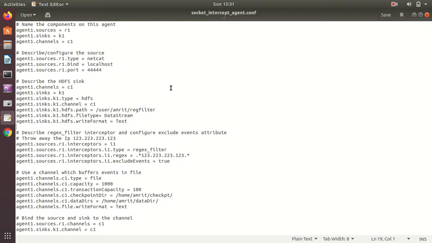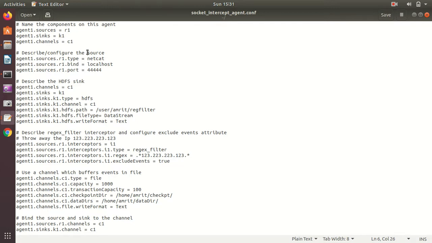The agent name in this demonstration is agent1, which has three components: r1, k1, c1, meaning source, sink, channel. As I've already stated, the source is netcat, which is going to generate the events. It is listening on port number 5 times 4, and the IP address I'm using is localhost.